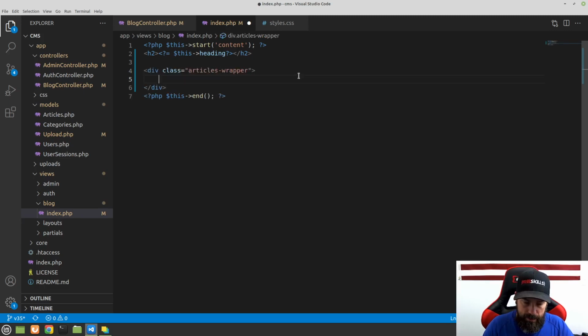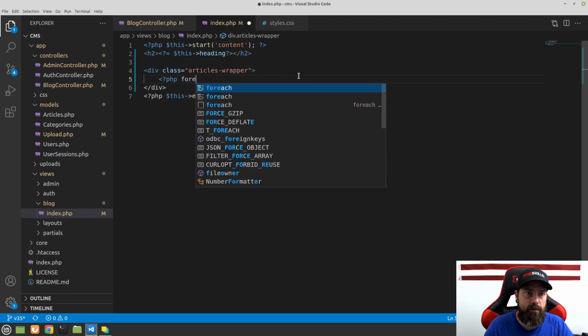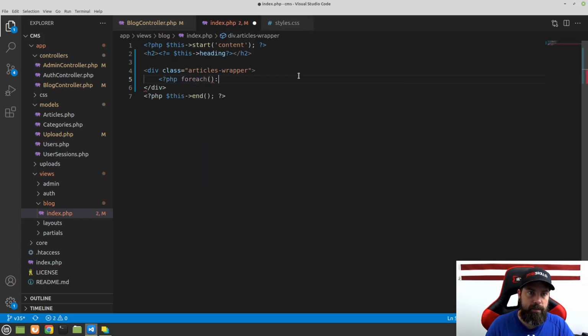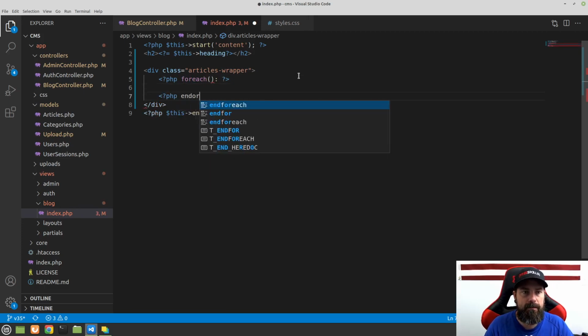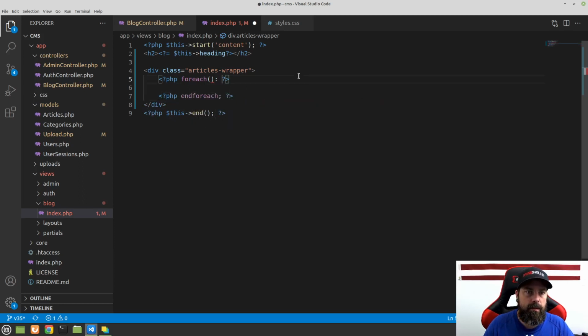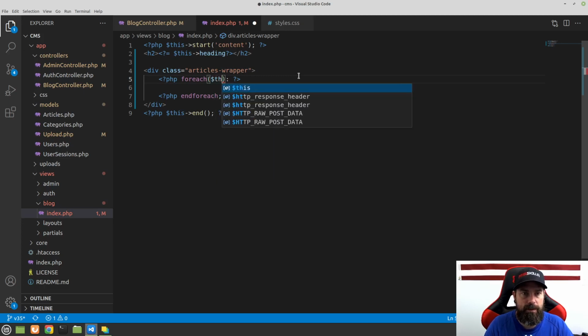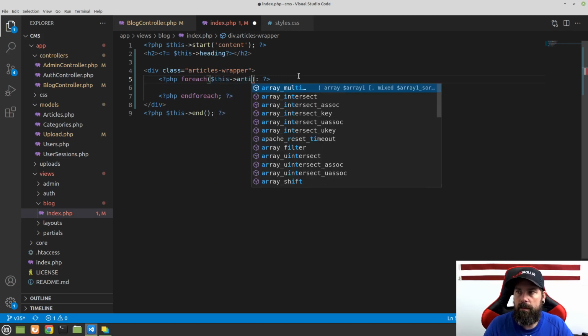And then inside of here we're going to do a PHP foreach. And I'm going to break out of that with this semicolon, skip down a few lines, and we'll do PHP end foreach. All right, and then for our parameters in our foreach, we're going to do this articles